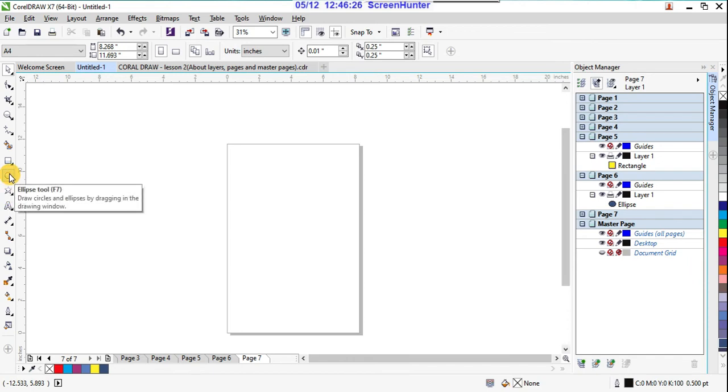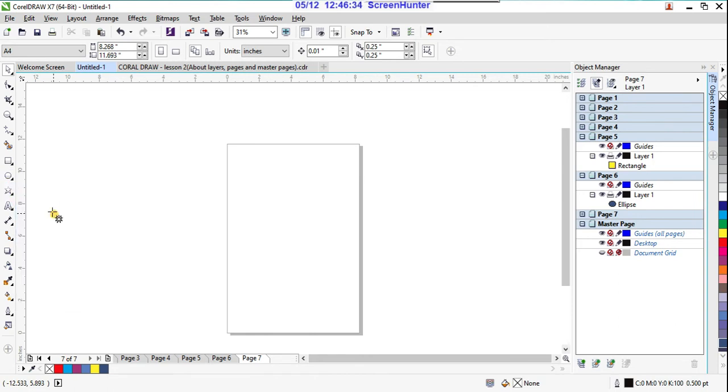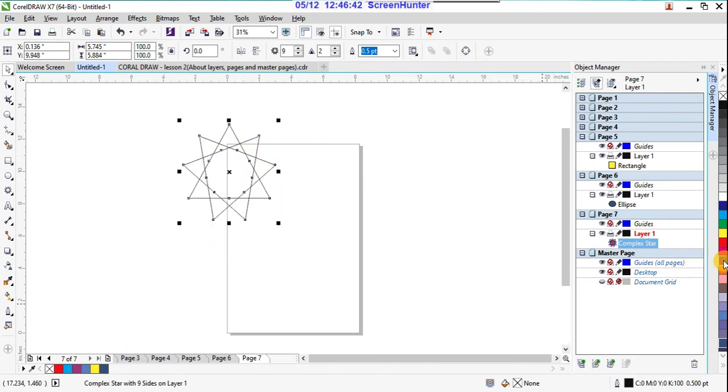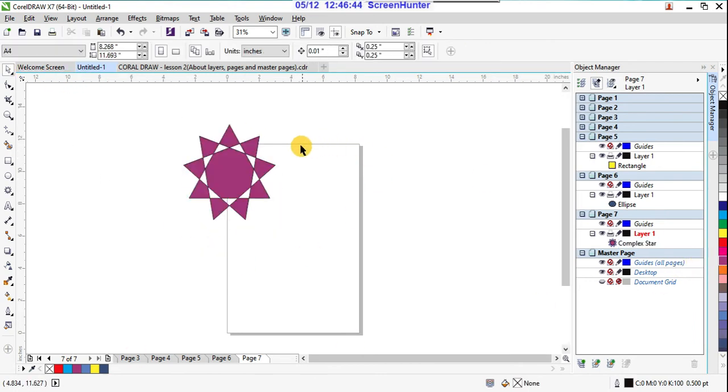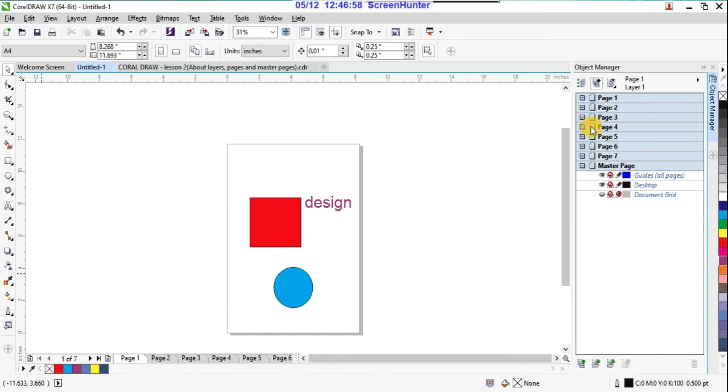and again one more page, right? And here, yes, whatever you want, something like a complex star I'm giving. See, fill this color, right? Suppose I created 7 pages, right? For the 7 pages you added already information inside, right? So suppose in any page if you want to add layers, you can add.